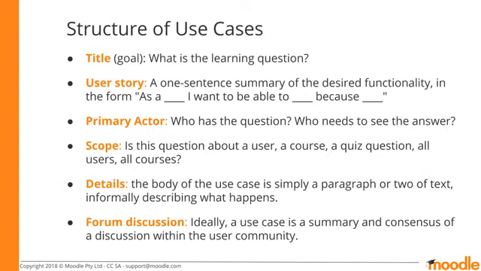Throughout this workshop series, educators and researchers will be asked to document their ideas about new models and model components in the form of use cases. There are many ways to define use cases, but for this workshop series we will use this general structure. In addition to the title, provide a one-sentence summary of the desired functionality in the form of a user story. Be sure to specify the primary actor or actors who will interact with your system and the scope or context